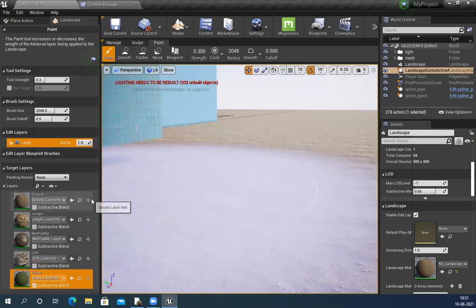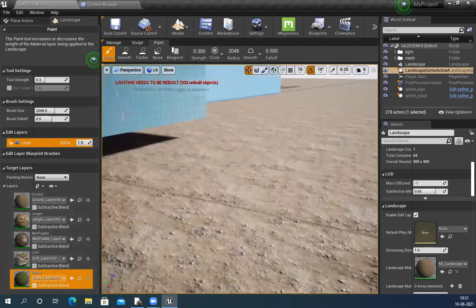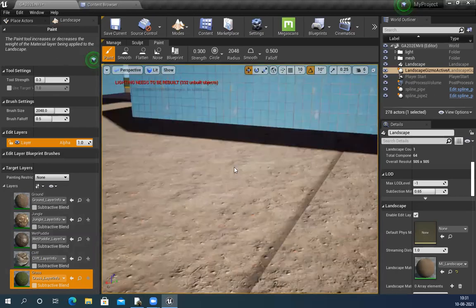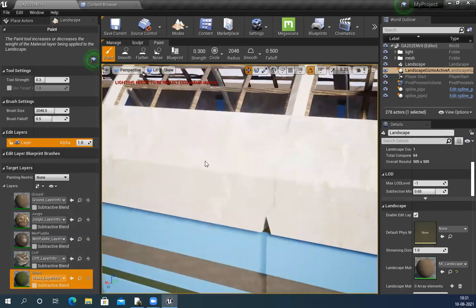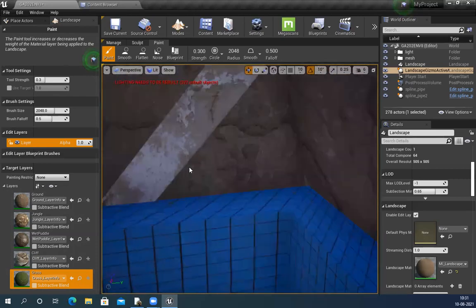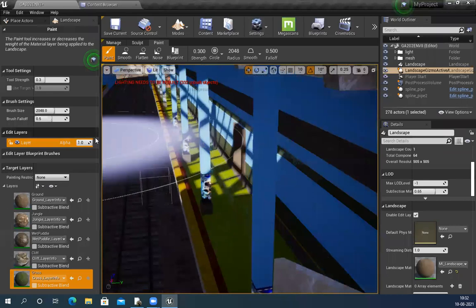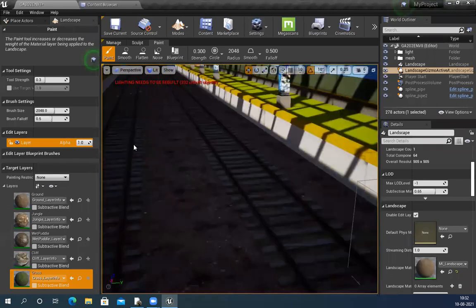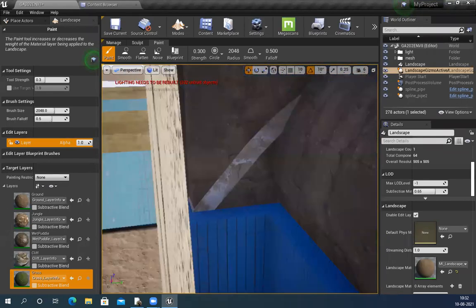If it's not there, just click on plus, create an info file, and save it wherever you want. Then I can see all the textures and everything is generated. So all the textures, everything is visible.